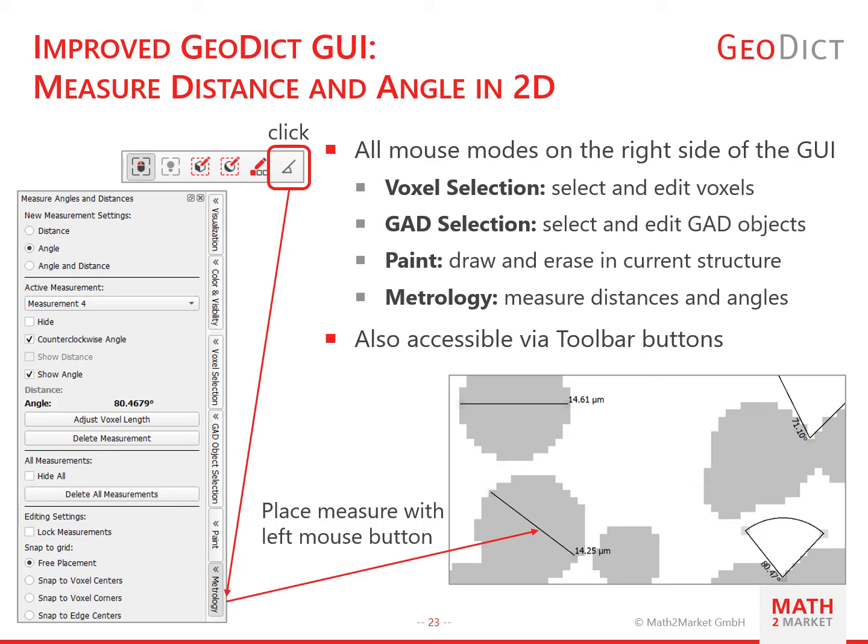If a mouse mode is selected, a corresponding GUI element is opened at the right side of the GUI. This GUI element shows the options for the selected mouse modes. For example, one can choose if one wants to measure a distance or an angle. In the shown image, I measure 2 grain diameters and 2 angles between touching grains. So with Geodict 2022, it is much easier to manually study feature sizes and shapes in a loaded geometry, for example from a micro-CT scan.